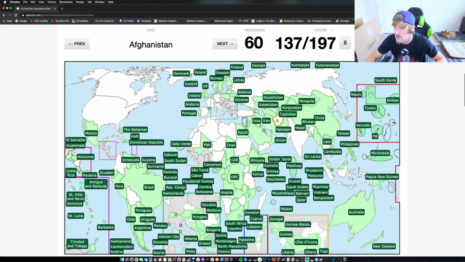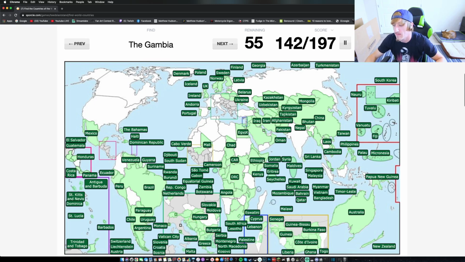Afghanistan is this country here between Iran and Pakistan. Timor-Leste is actually down here on this little island part of Indonesia. Burkina Faso is this big country here above Ghana. Palau is the country of these islands right next to Micronesia. Croatia is right here on the coast of, I guess, the little area that goes in between Italy there.